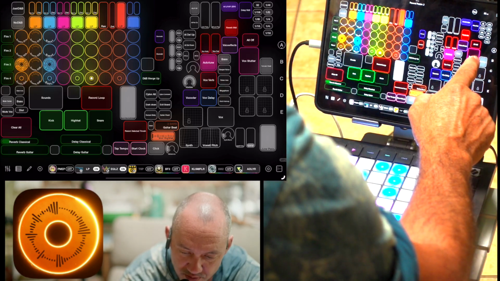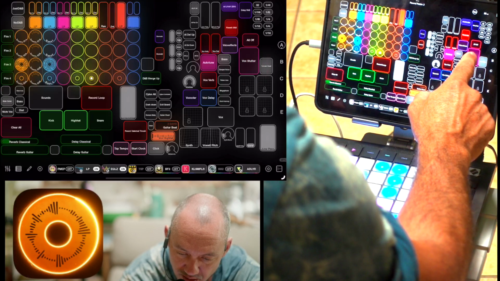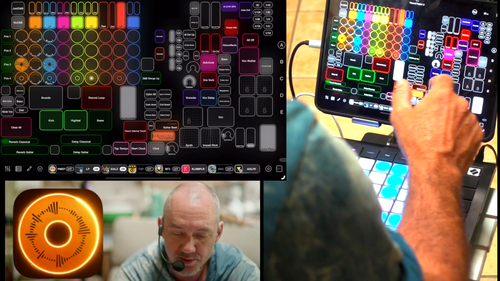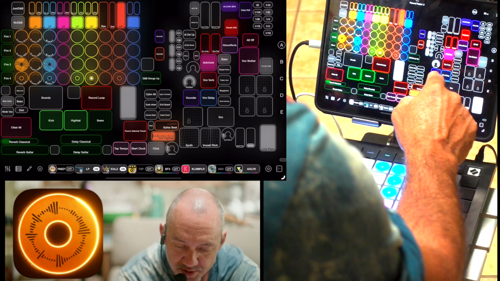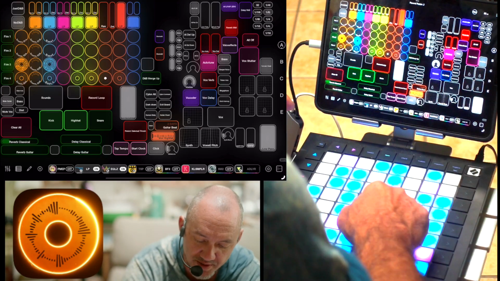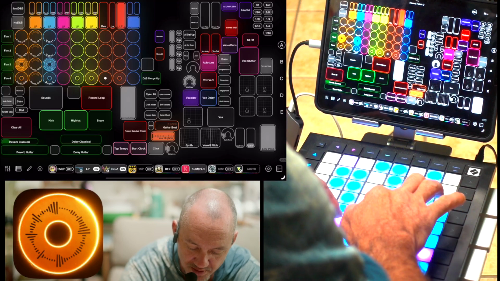I got vocal stutter, which I can go, and I have this is an interesting one, Vocoder, which I can control over here, and